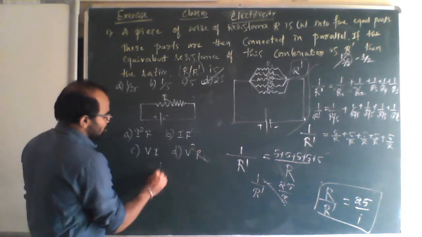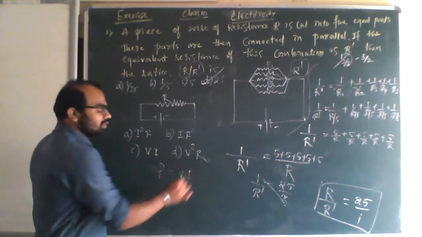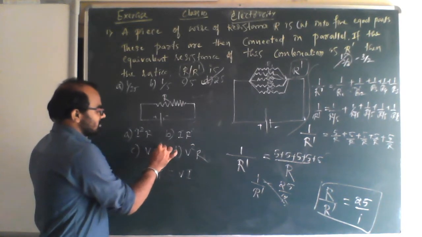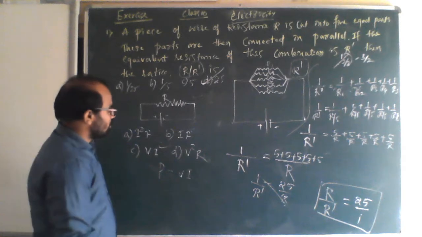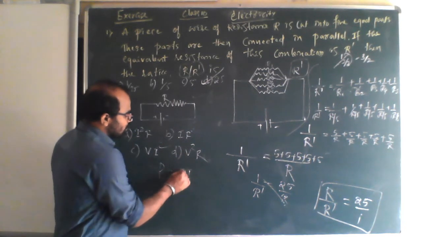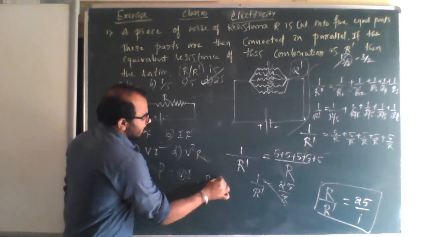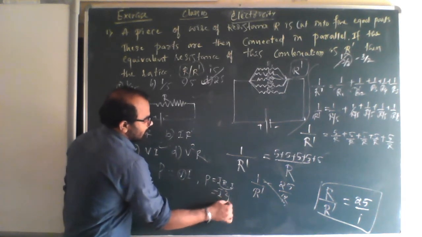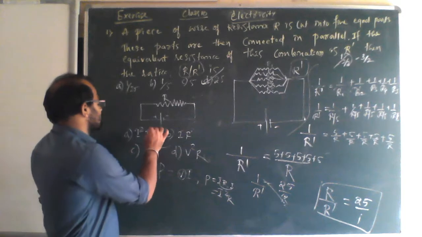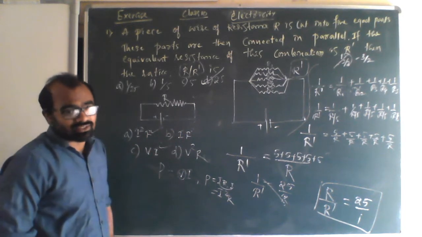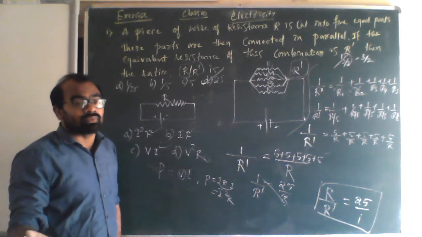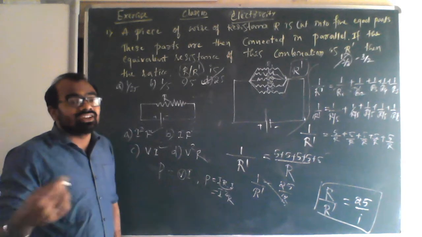As we know, the formula of power is VI, the first formula. So this is over; this cannot be the answer. If I put V equal to IR, IR into I, that is I into I becomes I square R. So I square R is there. This is over now. This cannot be the answer because they have asked which does not represent. They have not asked which represents. They have asked which does not represent.